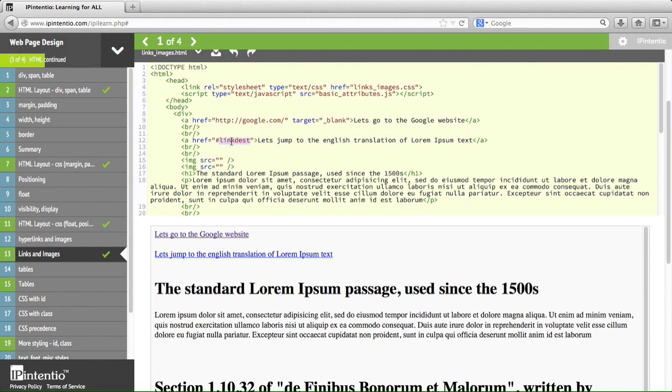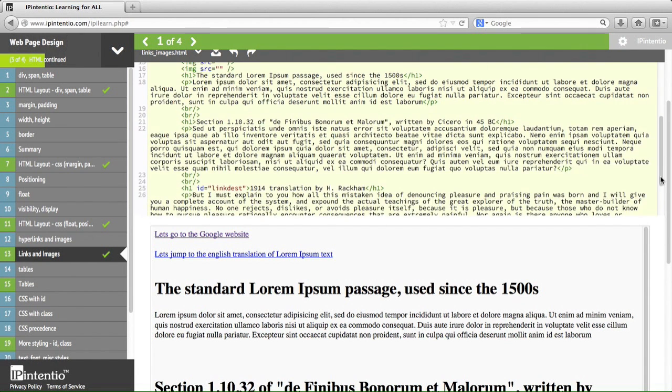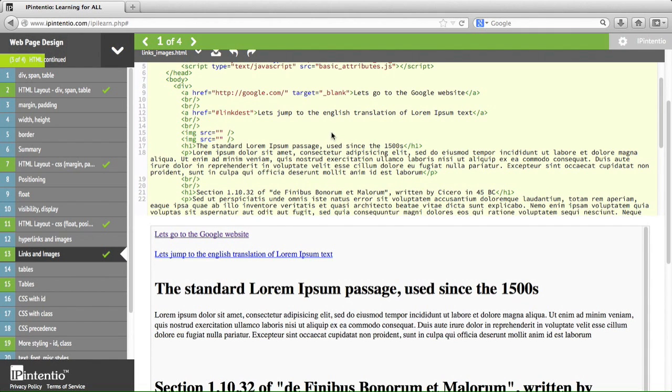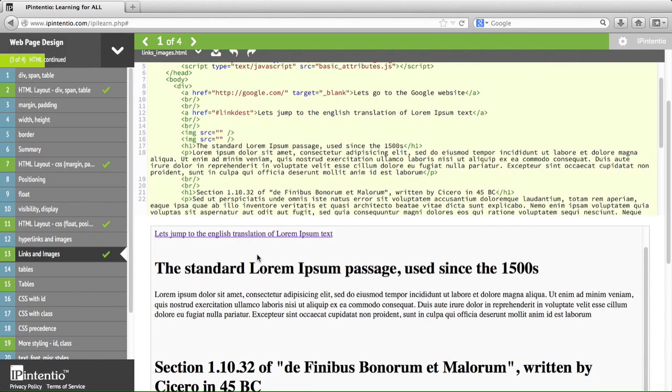Instead of typing in a URL for a different web page, we have used the hashtag and then put in some text, right? The same text, link dest, is added as an ID to a particular major heading element. So how will this work? Well, when you click on the hyperlink that you had defined here on line 12, then it shall take you to the major heading tag whose ID has been added as the value to the href attribute of the original